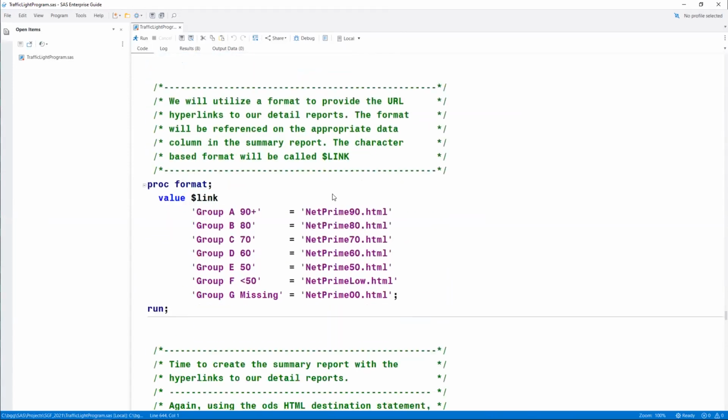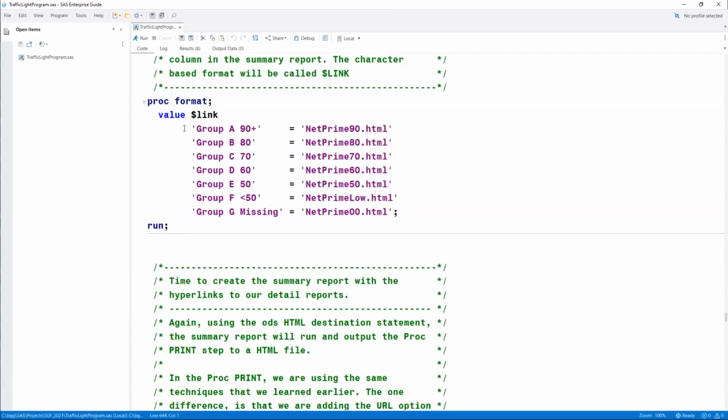I'm going to now generate my format. I'm taking those character values that I set up for each group and relating it to the particular HTML file that represents the detail rows for that grouping. Simple, 7 different lines to 7 different files. The name of the format is $link.